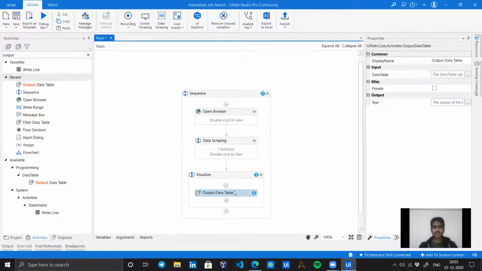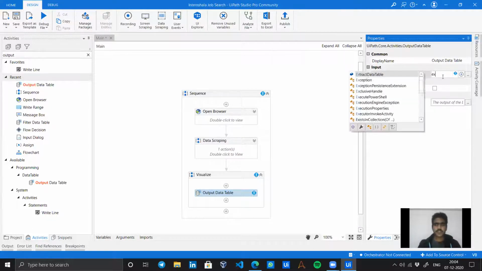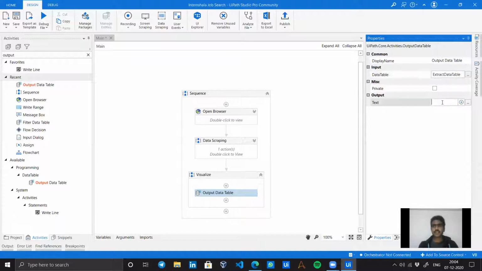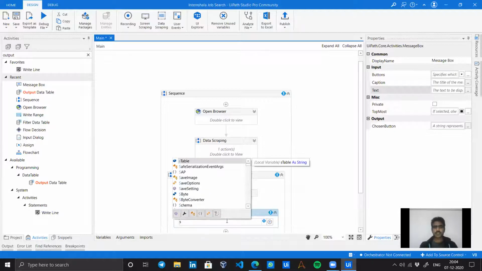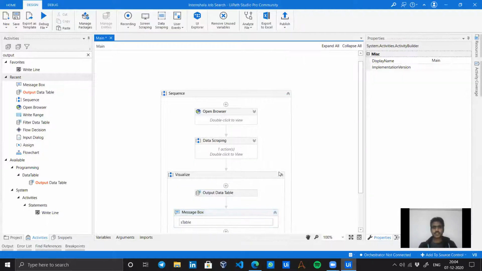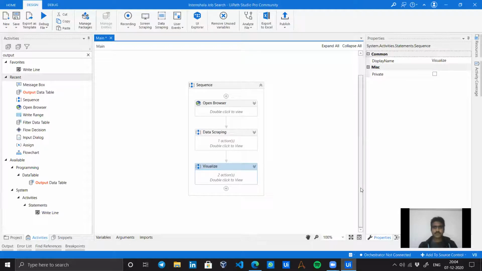What is the use of this? To convert a data table variable to a string. So just use extract data table and s table, another variable. Now let's visualize it using a message box. Message box takes only string variables as input.